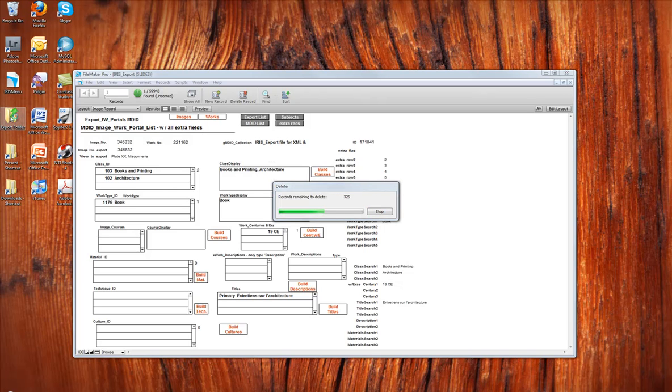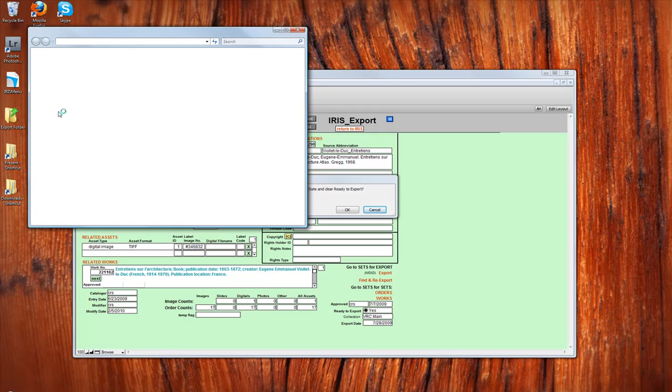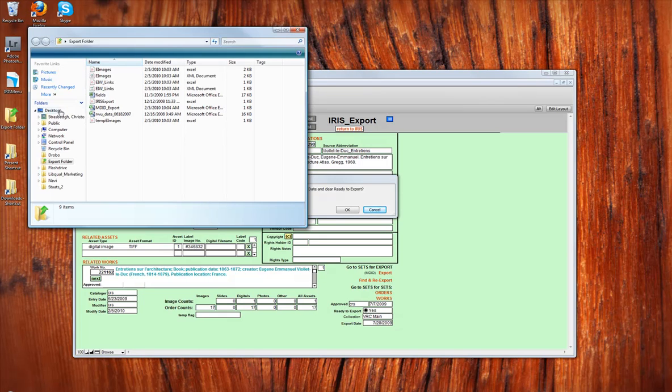Now, oftentimes while this is running, I go ahead and start prepping for the export to be completed. So I go over to the export folder that is found on the desktop. Inside this export folder, you will see that there are a number of different files. There's actually only two files that you will be using for the export: the fields and the MDID export. The fields is what you want to start out with. This is all of the mapped